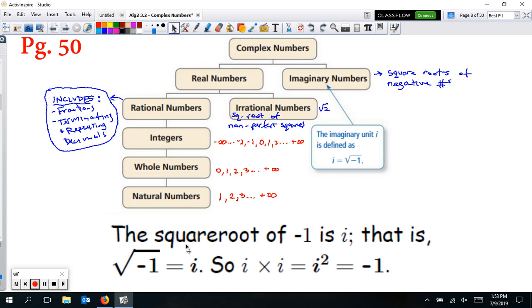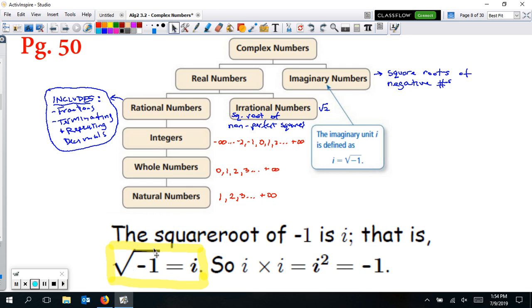And down here I wrote it here. The square root of -1 is i. They're going to use i as standing for imaginary. So every time we see the square root of -1 here like this, we're going to be able to change it to i. And if we were to square i, now since i does have a value, i is the square root of -1, if we were to square this square root of -1,